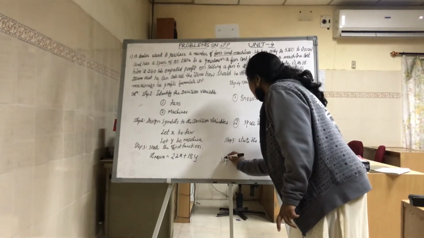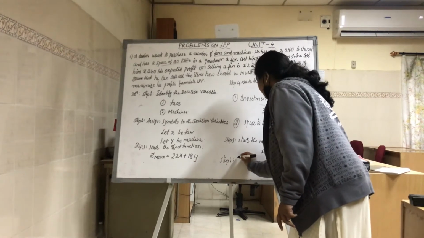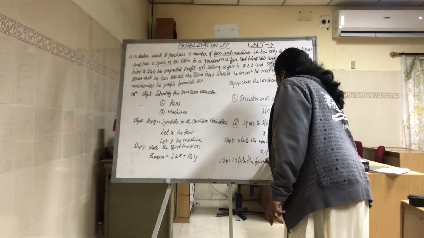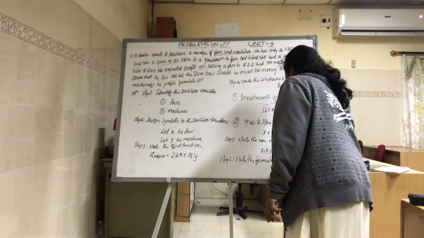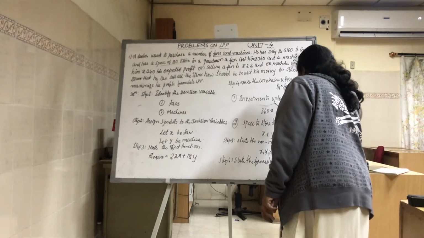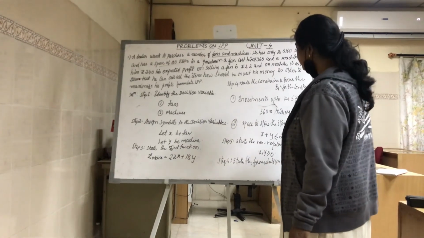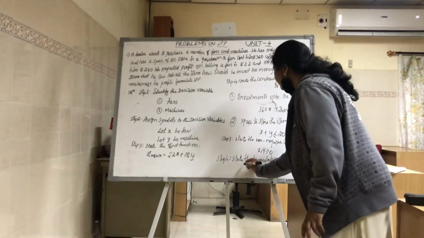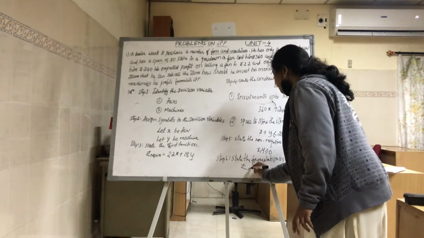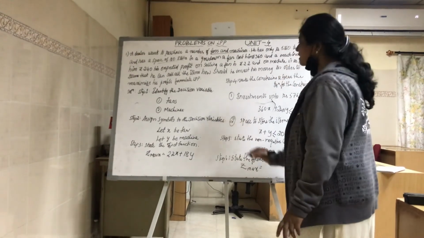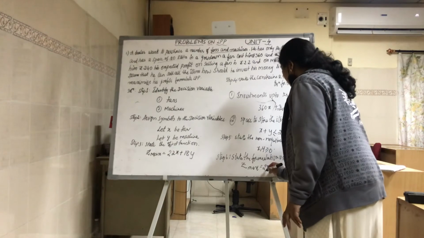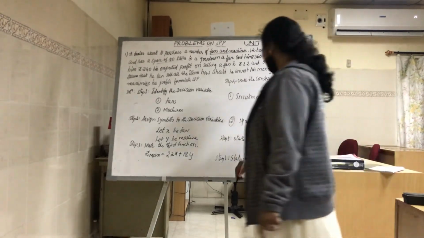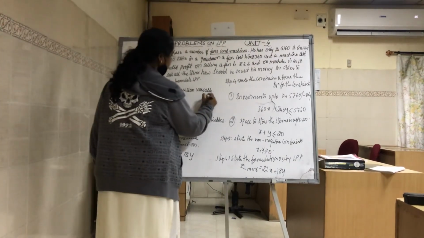Step 6. State the formulation using LPP. Now how you are going to write the formulation using LPP: here you need to write first the object function, that is maximizing the profit. Z max is equal to 22x plus 18y. Okay, and here I will write the subject to constraints, students.